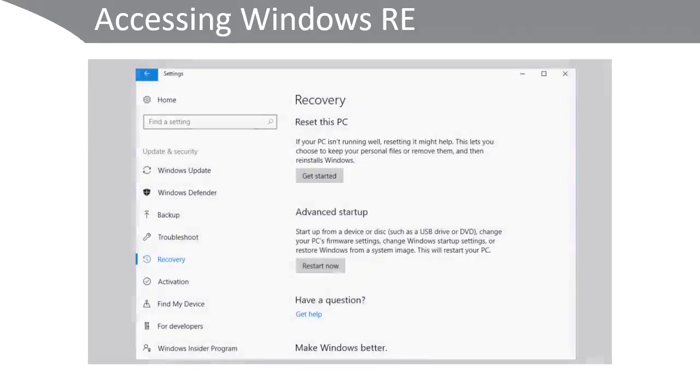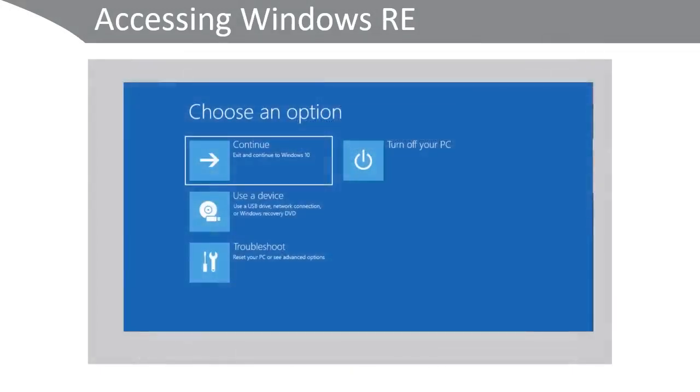To access Windows RE, in the Settings app, choose Update and Security, click the Recovery tab, and then click Restart Now under Advanced Startup. Then, when prompted, choose from the following options: Continue, which allows you to restart into Windows 10, Use a device, which allows you to boot from a USB drive or a network connection or a Windows Recovery DVD that you might have created, turn off your PC, I think that's fairly obvious, or Troubleshoot, which is the option we should